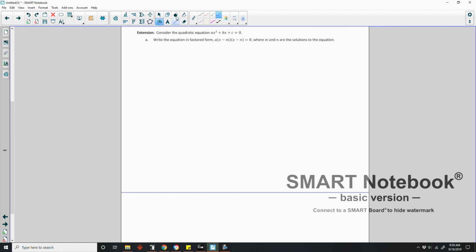Okay, so now we have the extension here. Consider the quadratic equation ax squared plus bx plus c equals 0, just a standard form quadratic. A, write the equation in factored form. A times x minus m times x minus n equals 0, where m and n are the solutions to the equation. Okay, so keep in mind that when we have solutions to an equation in this form, the solutions to the equation are